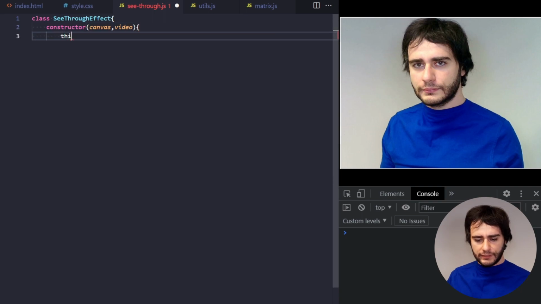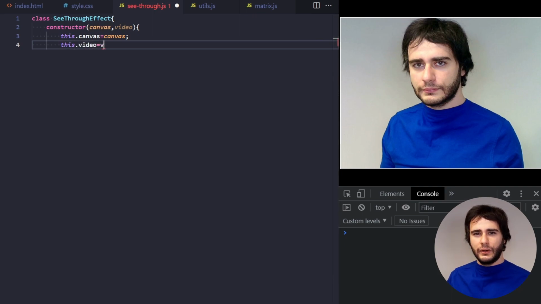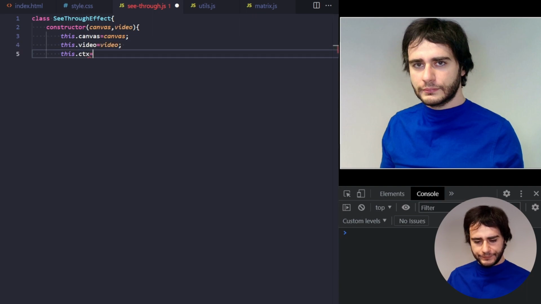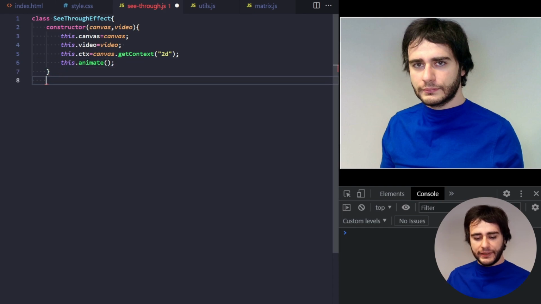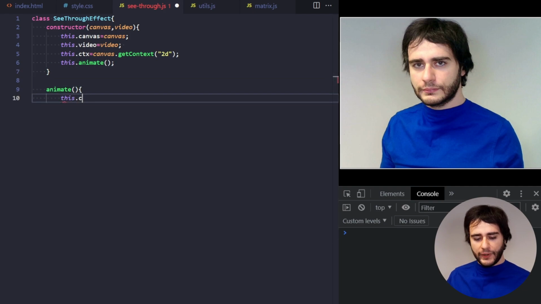Yeah, in JavaScript. And in the constructor, we are just passing the canvas and the video. These two objects are going to be the only ones we need, really. And I'm going to have a reference here of the context from the canvas so that I can access it later. And now I'm going to animate this effect. This animate will be a method inside of our see-through effect, where we are just going to draw the images